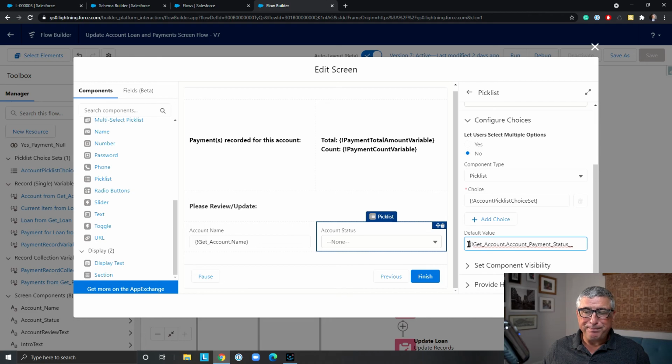We just built silly workarounds that didn't work very well and we spent hours on it. We just need to enter the field value from the get step in here, and that's done. It's fantastic. And I'm using an account pick list choice set